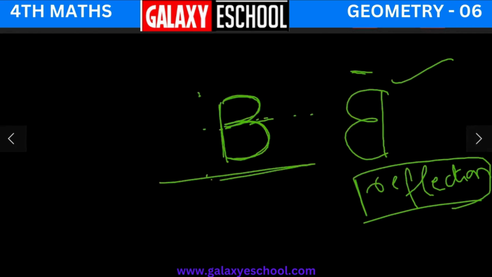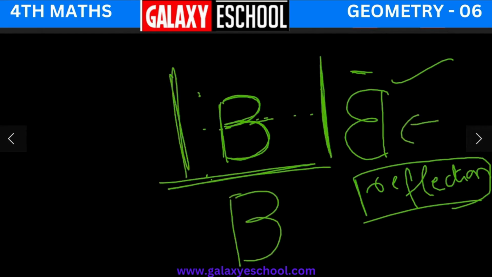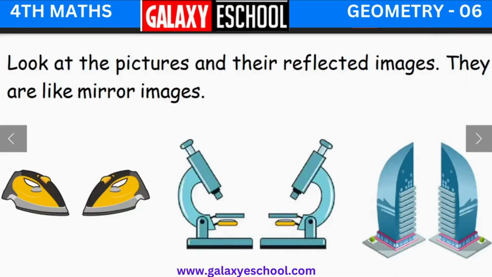If I place the mirror here, this is how it will look. If I place the mirror here, this is how it will look. If I place the mirror here, this is how it will look. Understood children? We have to draw the opposite side. We have to draw the reflection of what we see. That is the difference between our reflected images and the symmetry. Symmetry is within the same object. We are dividing it into two mirror halves. And reflection is nothing but we are drawing the mirror image. Even here, see children, this